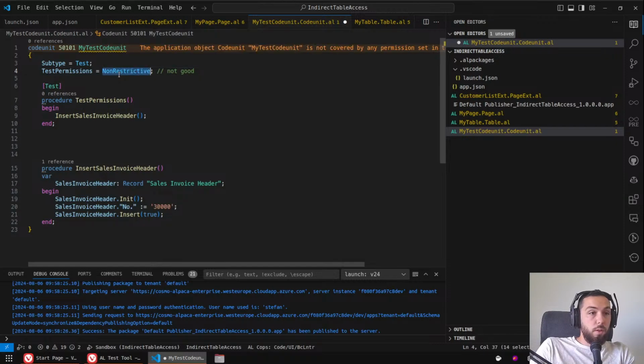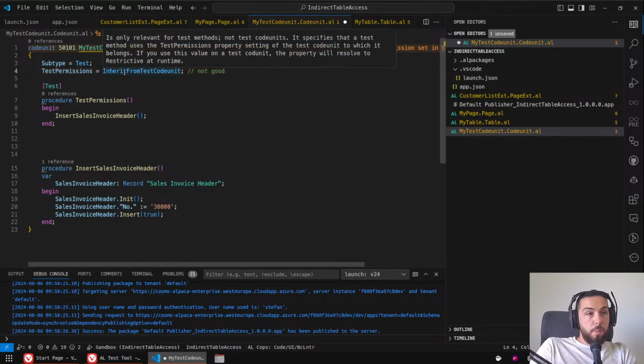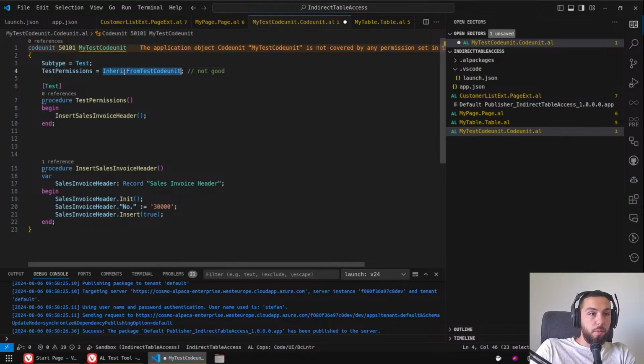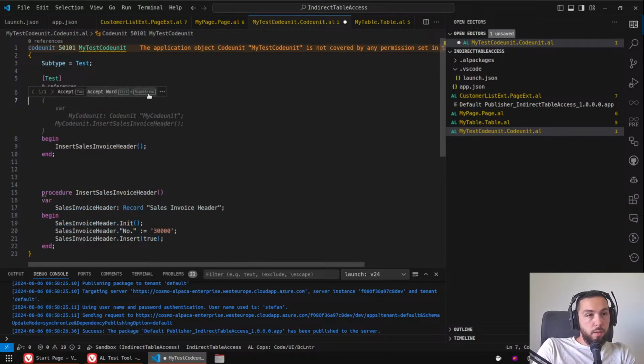I don't know. And this is only relevant for test methods, not for test code units. It specifies that a test method uses the test permission property setting of the test code unit to which it belongs, which is the default, by the way. So yeah, if you just omit this setting entirely, you will get test permissions. And then as stated in the